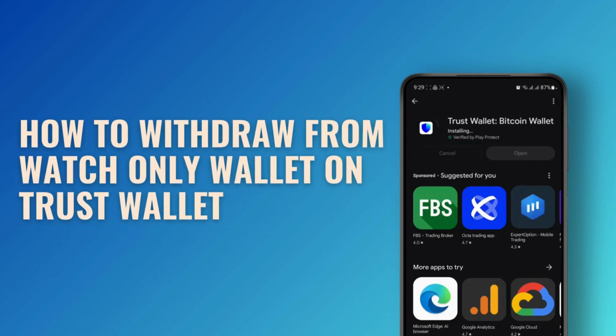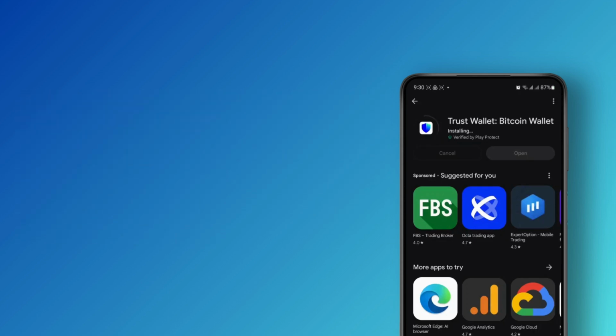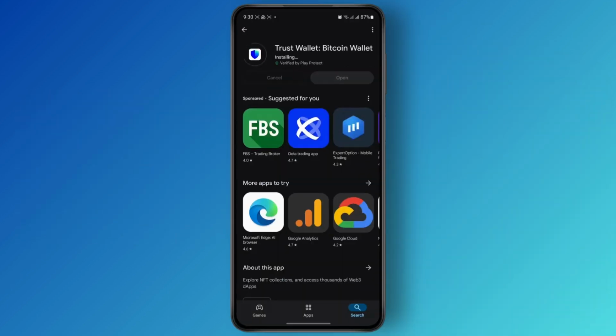How to withdraw from Watch Only Wallet on Trust Wallet. Hello everyone, in today's tutorial I'll be showing you guys how you can easily withdraw from your Watch Only wallet